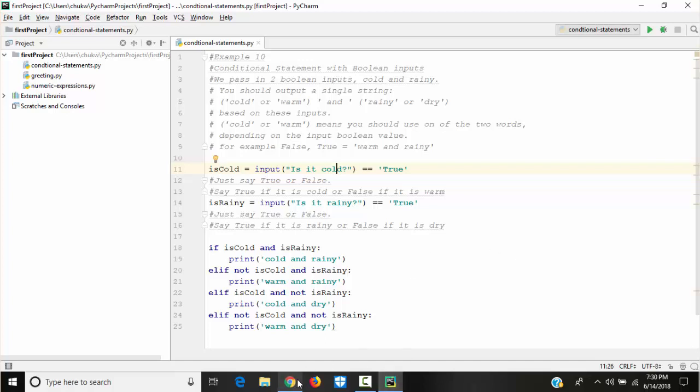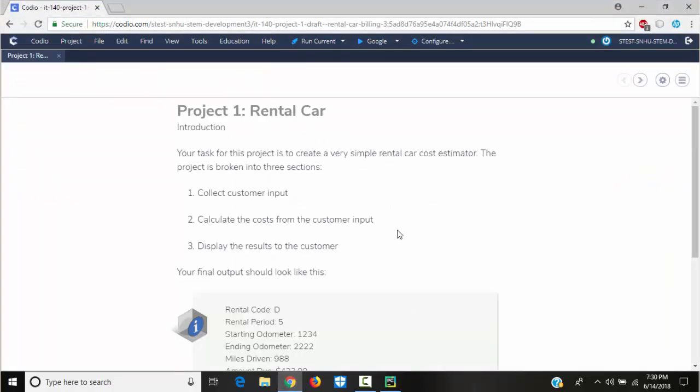So please, this is the first project to test your knowledge on the concepts you've learned so far, which are numeric expressions, string expressions, and conditional statements.